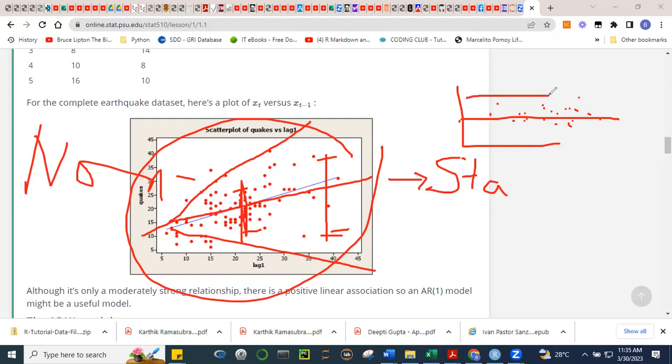Yung variance natin, hindi naman nagaganto yung data series natin. It's not increasing over time yung variance niya. Neither is it decreasing over time. So we can say here that the data set is constant in variance, constant in mean, walang trend, constant in